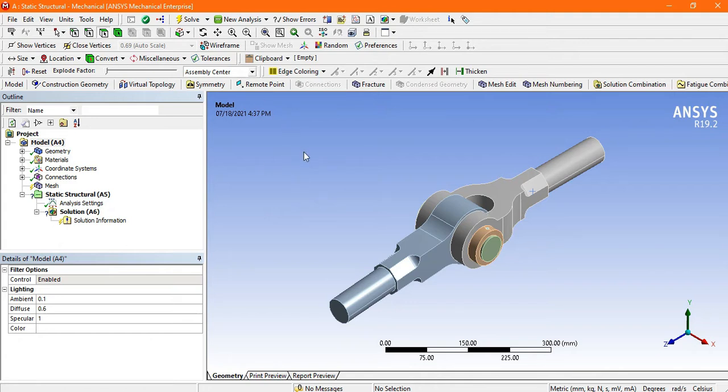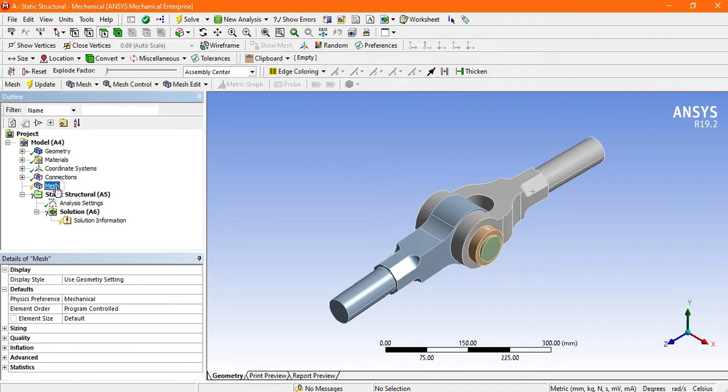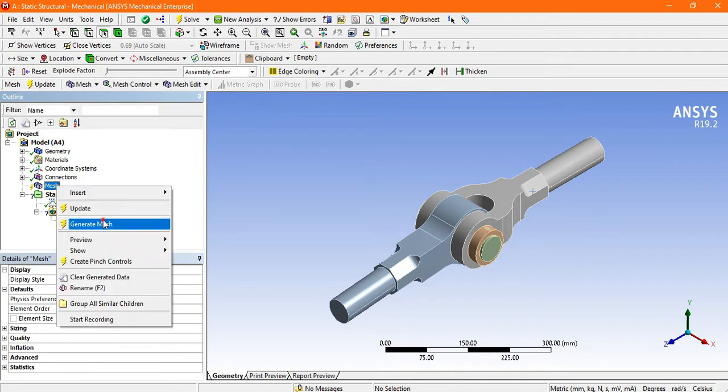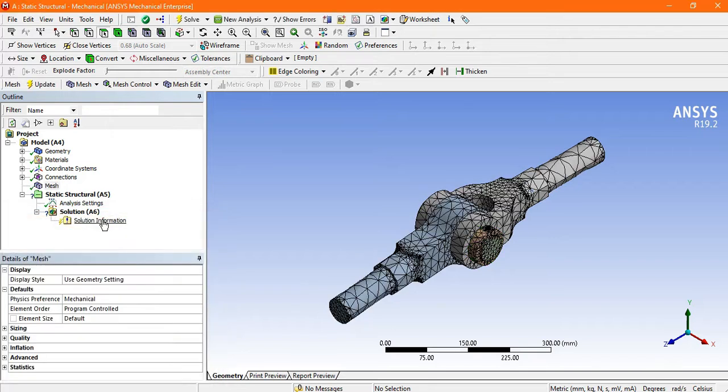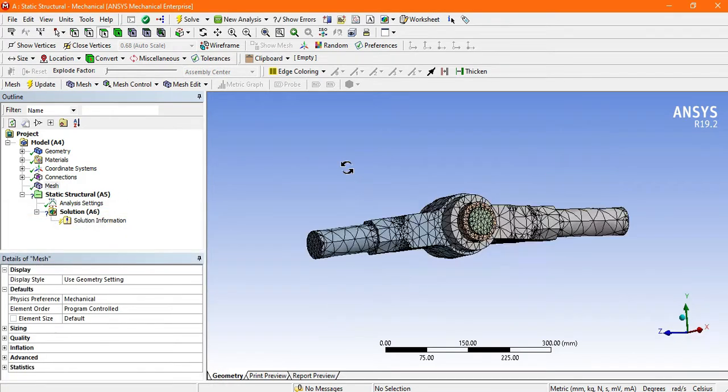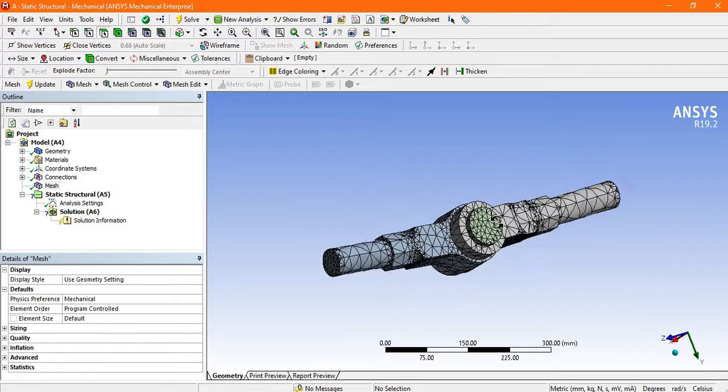Now this static structure model is open. There is an option mesh. Right click on the mesh and generate mesh. Now this knuckle joint is meshed successfully.